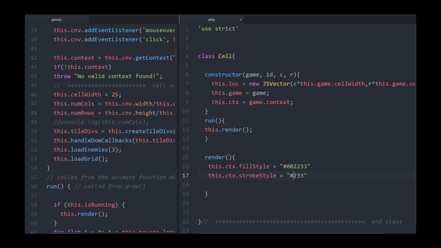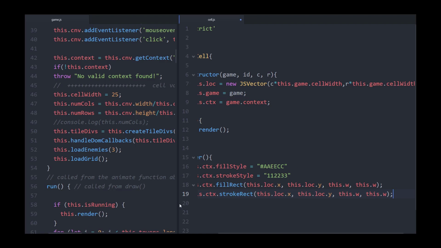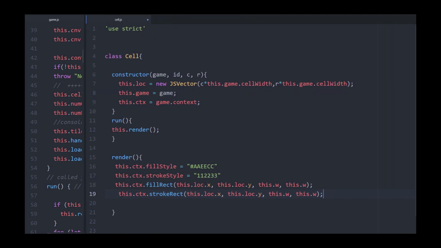Oops, sorry, that's not light, that's dark. Let's do 112233 here, and up here let's do AAEECC. Okay, so that's going to give me my fill style and my stroke style. And so this is going to be a light color, this will be a darker color, and then I need to go ahead and draw my rectangle to use fillRect and strokeRect. And so fillRect is going to fill a rectangle, strokeRect is going to give me the outer line,